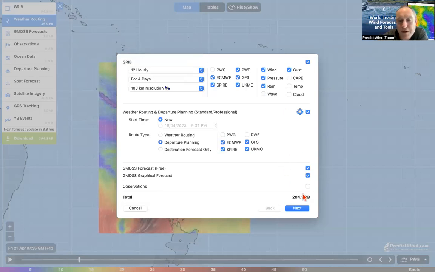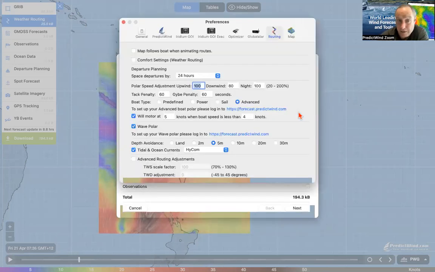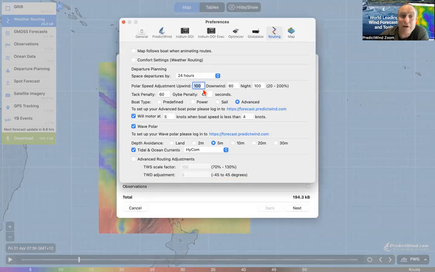So it does work differently to the web version that we were just on, but you can do all the same things. You can do weather routing, departure planning, the destination forecast. That's if you're in a remote location and you're on a satellite connection, you might want to get information for that particular spot. So it's where the red dot is, and you get that, and you can adjust things in here, your polar speed